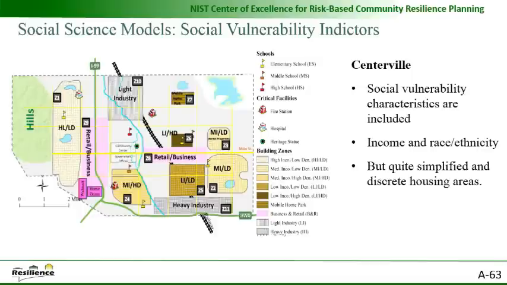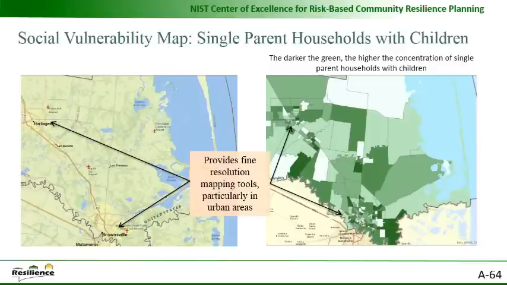If you look at Centerville, it's a virtual environment in which we are working, a very simplistic environment. We have very discrete neighborhood areas. For example, Zone 1 is a high-income, low-density area. Here's the mobile home park. Very discrete areas. And so we are building the social vulnerability issues into our modeling, in particular income and race and ethnicity. But just to give you a flavor of how it works in a typical kind of area,